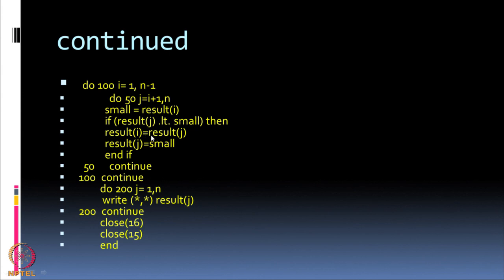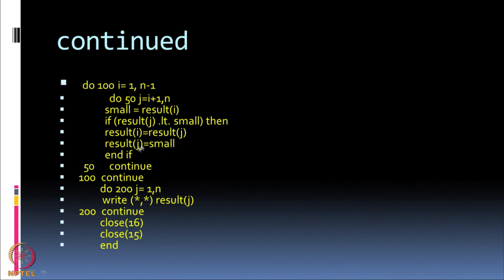Remember, I already discussed in the last class, if you do not have this small as a second temporary variable, if I say result I is equal to result j and result j is equal to result I, then both result I and result j will have the same value. So, rather than exchanging, I would have made both of them equal. So, I need this temporary variable small, so that I can distinguish between the initial values of result I and the final value. So, this if statement ends here. If the result I is already less than result j, no exchange occurs, but if the result I is greater than result j, then the greater value is put into a larger array variable.